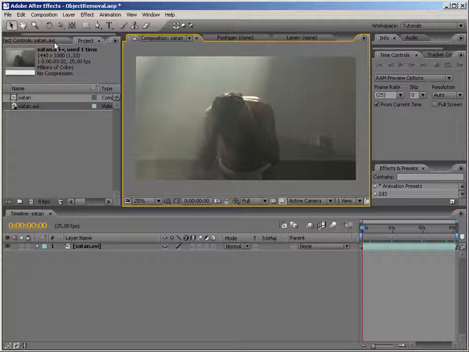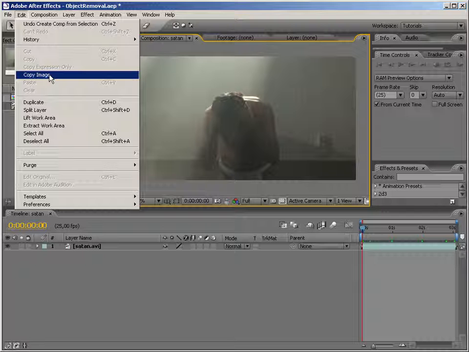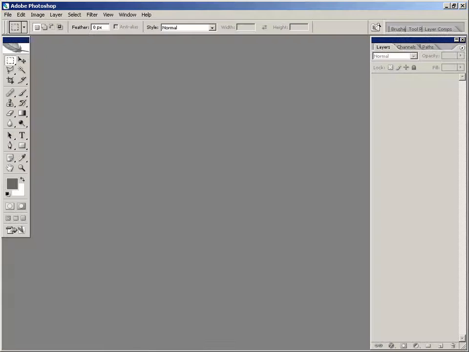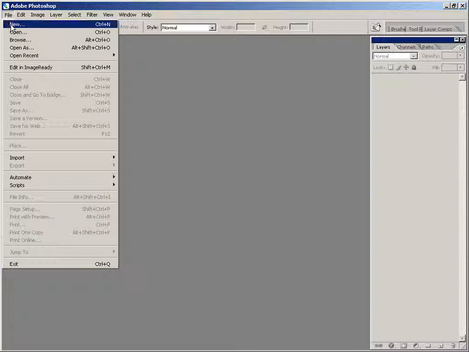And they are both free, so I really encourage you to download them, because you have this function when you install Copy Image inside the Edit menu, and this is obviously something that was missing from After Effects all this time. So copy image. Now let's move to Photoshop, file, new,